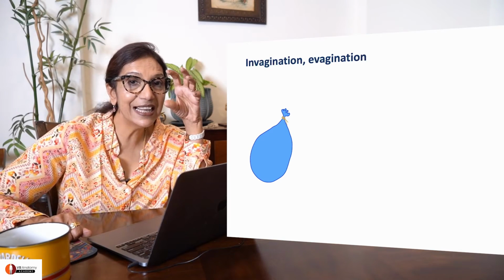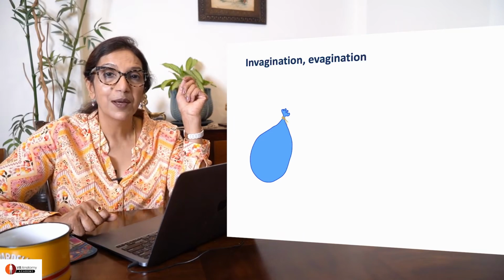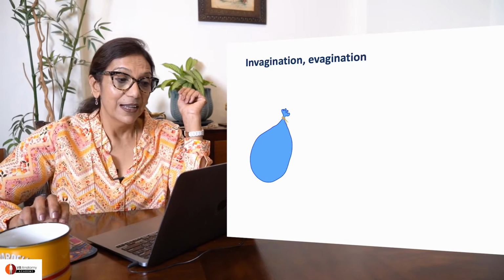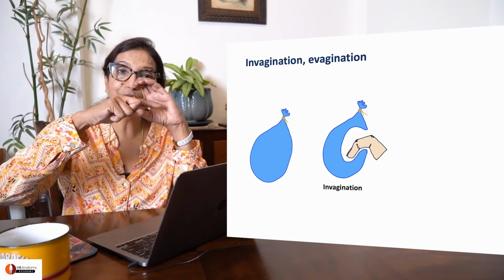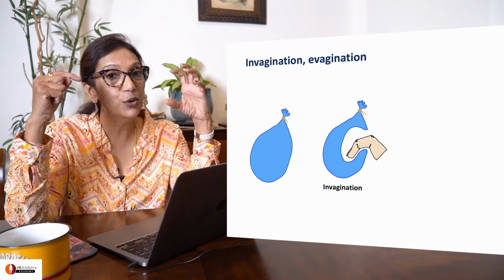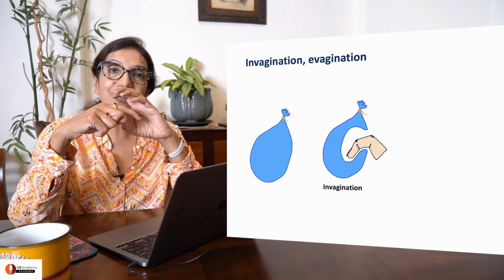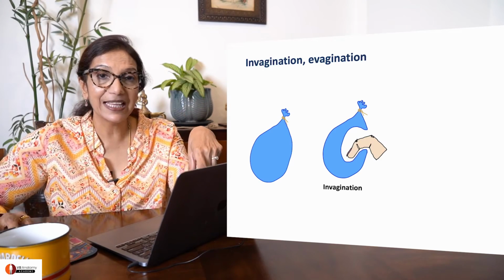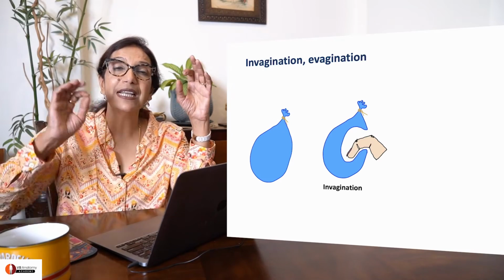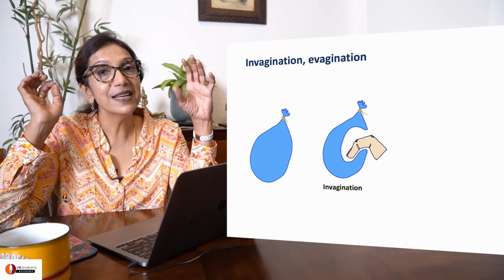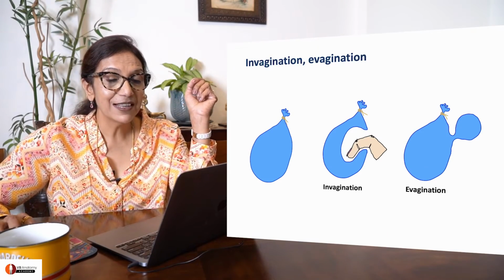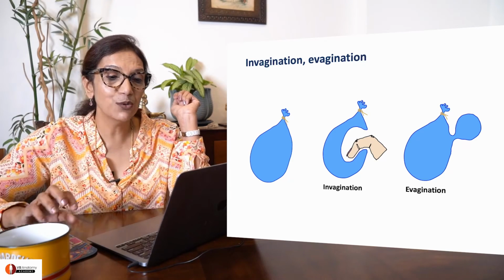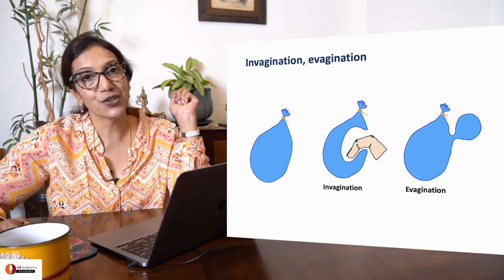It was slightly less, a little soft now. But it wasn't like it had burst open. No, the air was still there inside. So, if you put your finger inside that balloon, did you rupture the balloon? No. Your finger just goes in. But the balloon remains intact. You just have a depression in it, like this. This is called invagination. Whereas, when you take the balloon and you twist it and you have a little round part of it extending outside, that is called evagination.